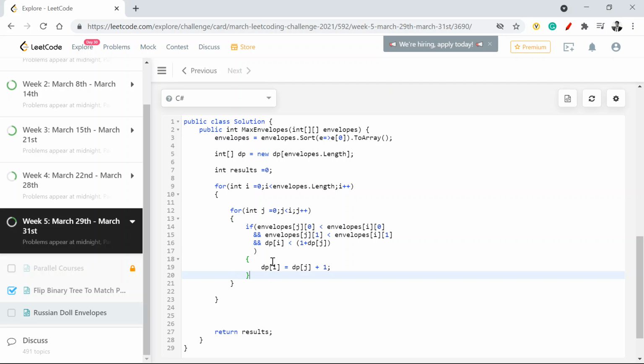Once I'm done with this, I think mostly what we need to do is find the maximum value which is present in this one. Just before that, we need to ensure that whenever we look into that, I have a default value. So if I'm already at this one, that means I'll set my dp i will be equal to 1.